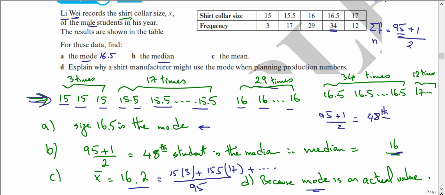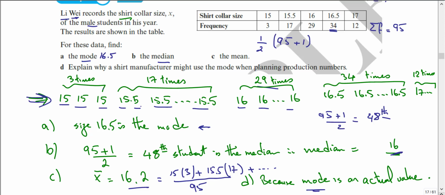تمام؟ ليه divide by 2؟ ال 95 ده التوتال number of students. الميديان value في النص. Okay, in the middle. So we add 1 and as if we are multiplying by half. يعني if half يعني 50%. يعني I'm looking for the middle value. If I'm looking for the middle value, I multiply by half. You understand? So you add 1 to the frequency and you multiply by half. Divide by 2 or multiply by half, it's the same thing. خلاص؟